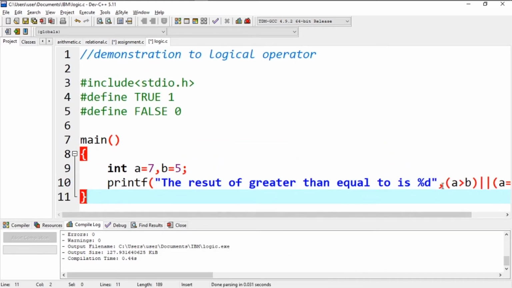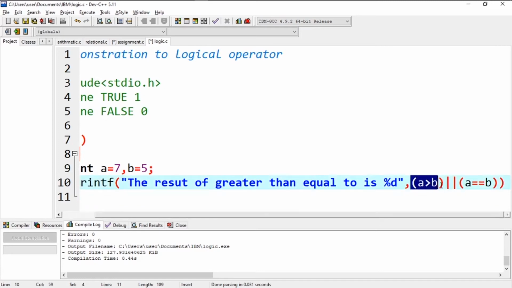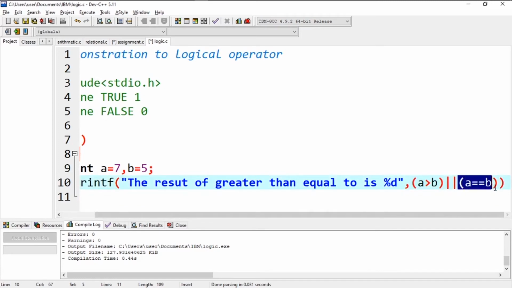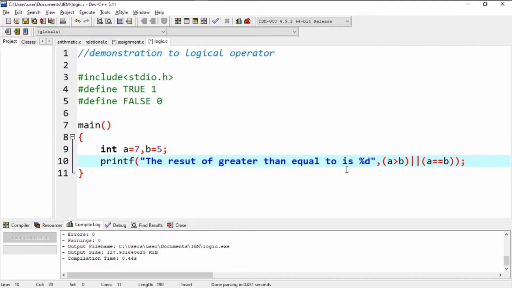So let's zoom in a bit. So here we have this and these are relational operators, and this is a logical operator. If the result of this relation and this relation are both false, then it will be false, or if any of these values is true, then this will result in true. So let's add a semicolon over here and let's zoom out, and now let's save it and let's compile and